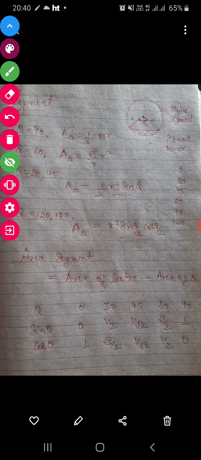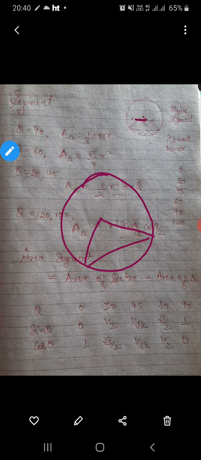So class, area of sector is okay, now you know, but how to get the area of triangle? Class, you all know there are different types of triangle. Right angle triangle is exactly at 90 degree. It is quite simple. If suppose this angle is 90 degree, then this is radius, then area we can say is half base into height. Base is again r and height is again r, so half into r into r.